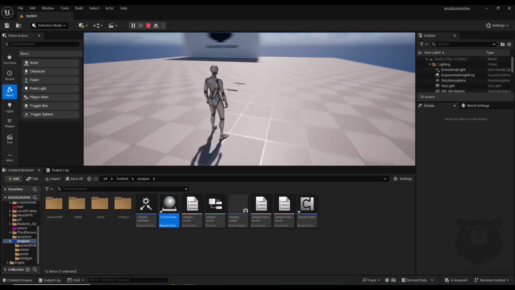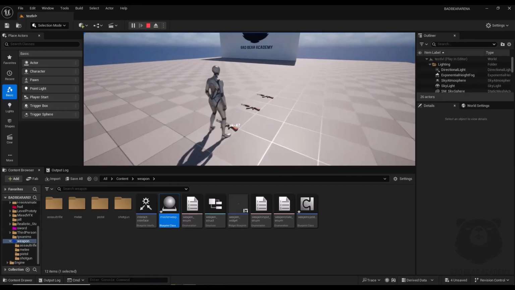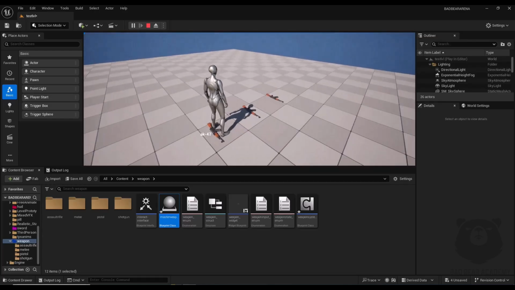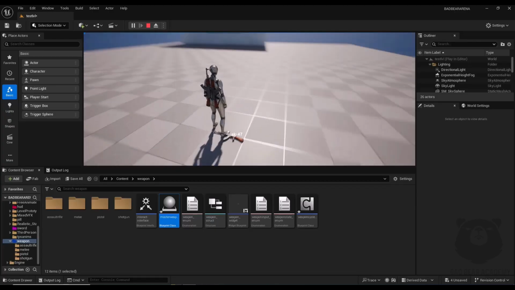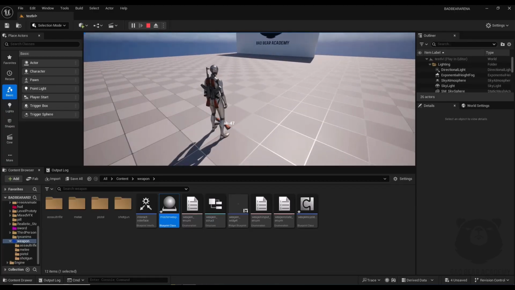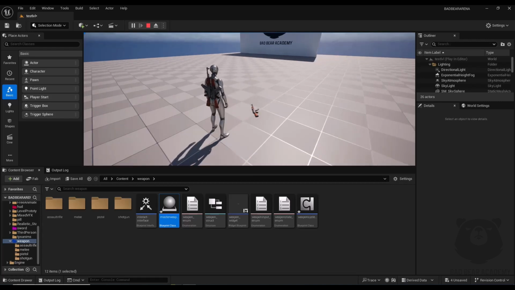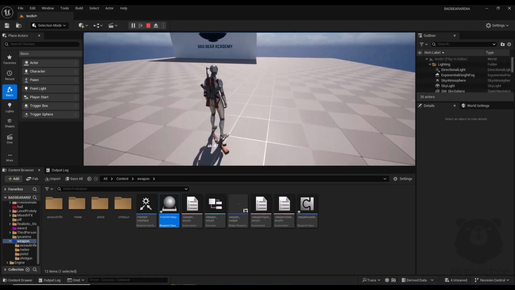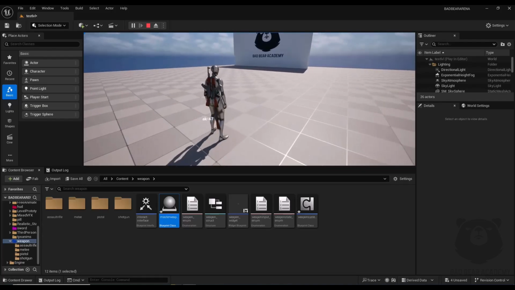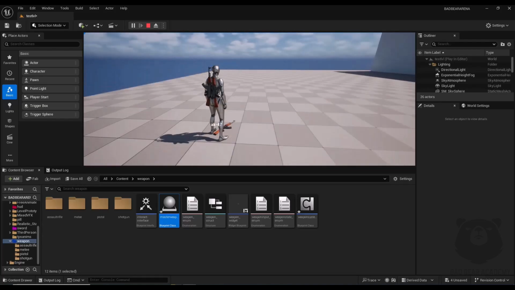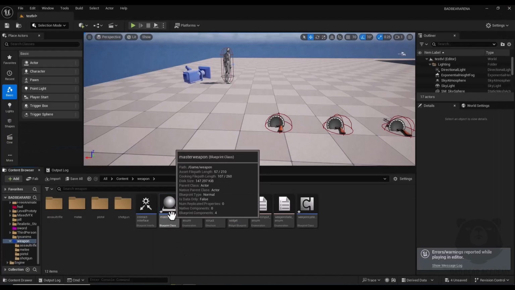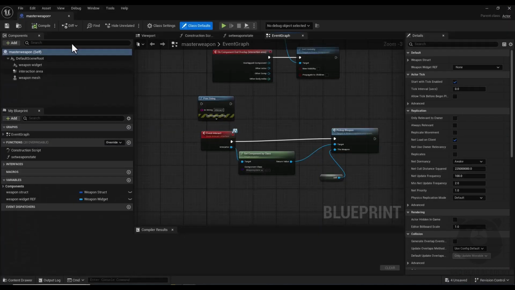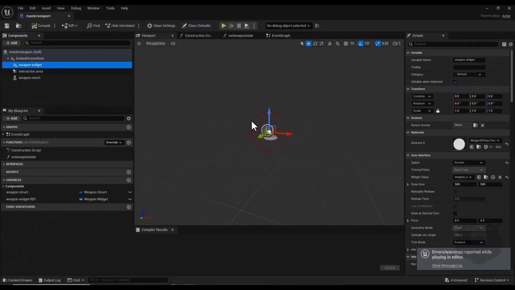In previous episodes I created some functionalities that make my character hold up to 200 weapons in 2 slots, and by picking up the third weapon, if 2 slots are full it will drop the first holster's weapon. But some issues may happen sometimes with showing up the widget when a weapon is dropped, so here I'm going to fix it. First I open my master weapon blueprint, and as you can see here I have this weapon widget